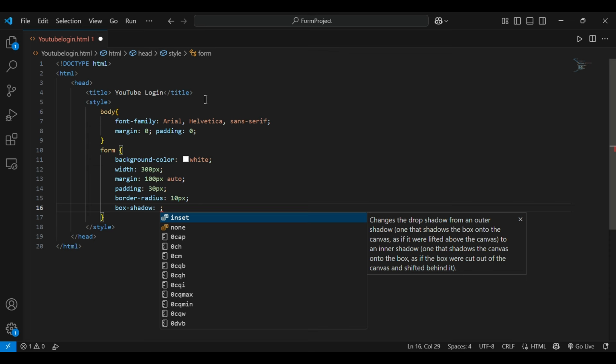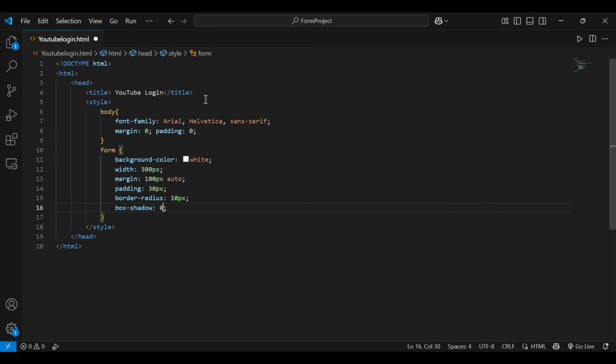Oh, before that I want to give the box shadow width and everything, the property and the value. So I'm giving box shadow a soft shadow using 0 0 and 10 pixel,